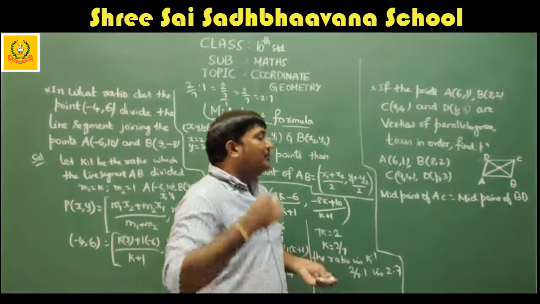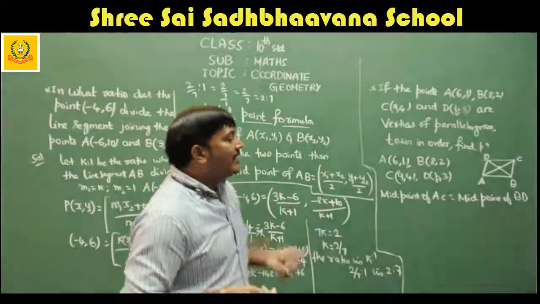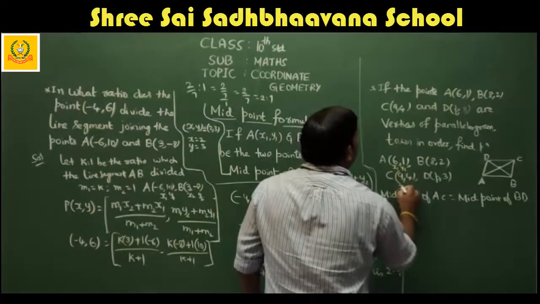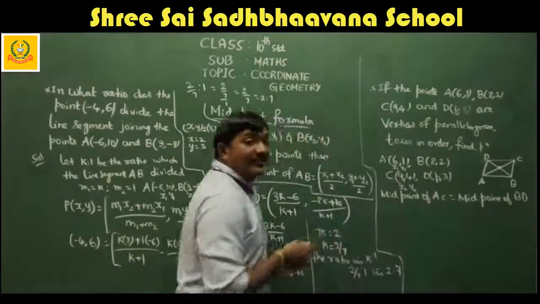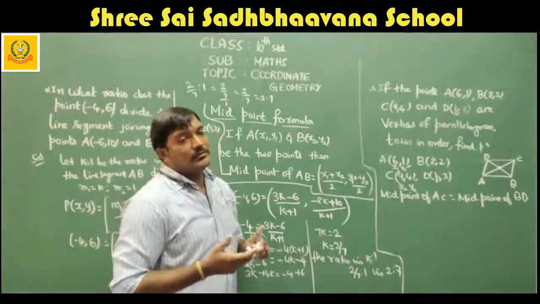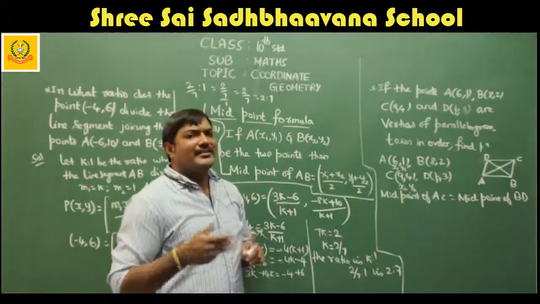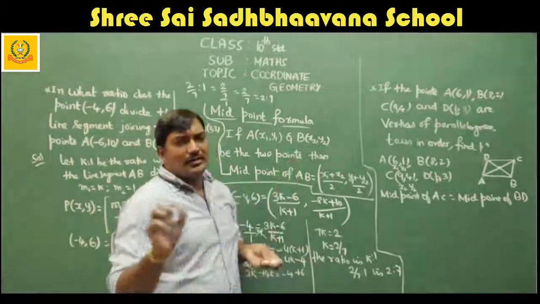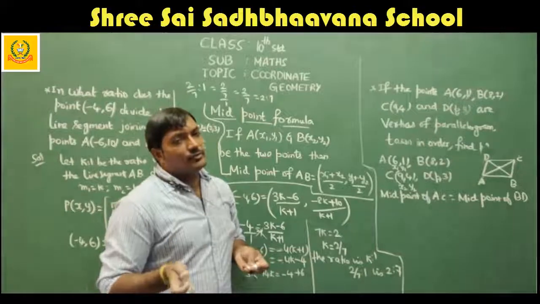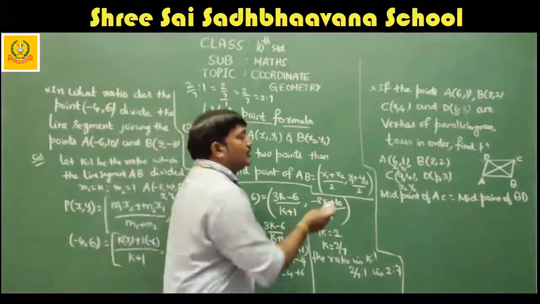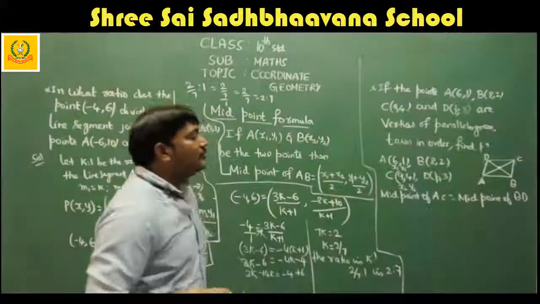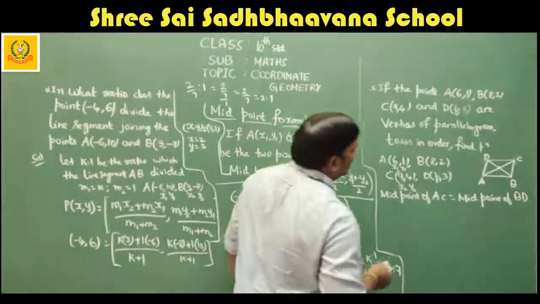Okay. Now the midpoint of AC, consider A and C. This I will take as x1, y1. This I will take as x2, y2. As I told you, whenever you are using the section formula or the distance formula, write x1, y1, x2, y2 in pencil at the bottom, so that there is no confusion for you guys. So x1 is 6 and x2 is 9, y2 is 4 and y1 is 1.